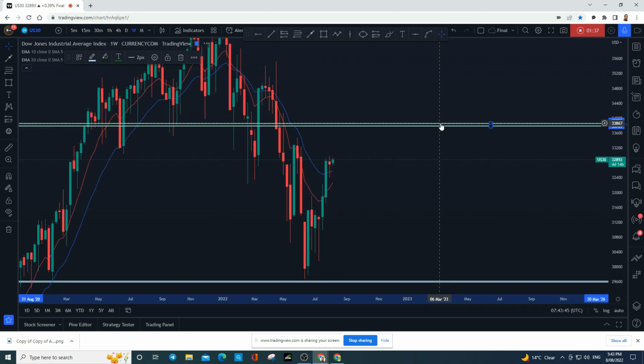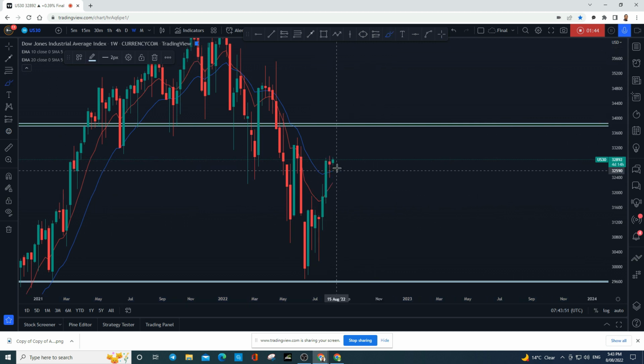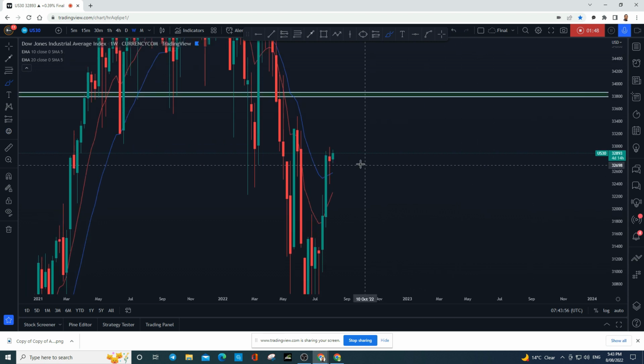Now looking at the weekly, we can see that in the past week, after this back-to-back two weeks of rise, a narrow doji has been formed. Now this is exactly what I expected in my weekly forex forecast. Now what we see, as soon as the market opened, the bulls are trying to create a bullish pattern. That means that we could potentially see an uprise that can give us a bullish move on the lower